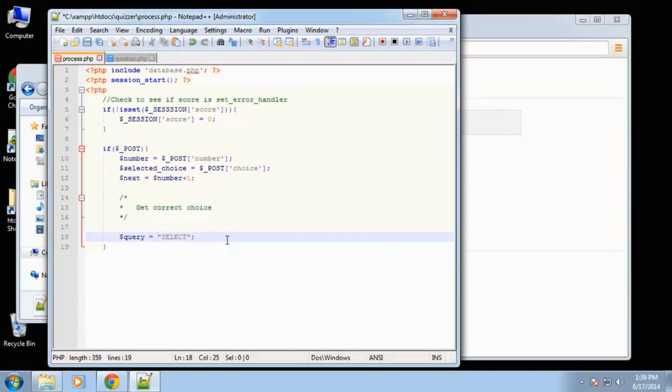So we want to say select all from choices. By the way, these are not quotes. These are the little back ticks. The key is located right above the tab. You don't need shift, just the key above the tab. I know some people might get confused and think that those are actually single quotes, but they're not. Alright, so select all from choices